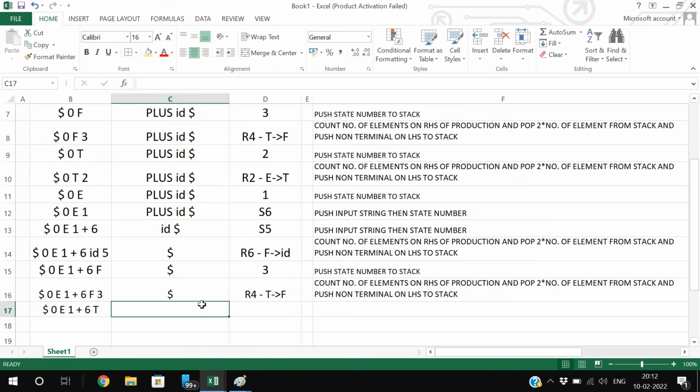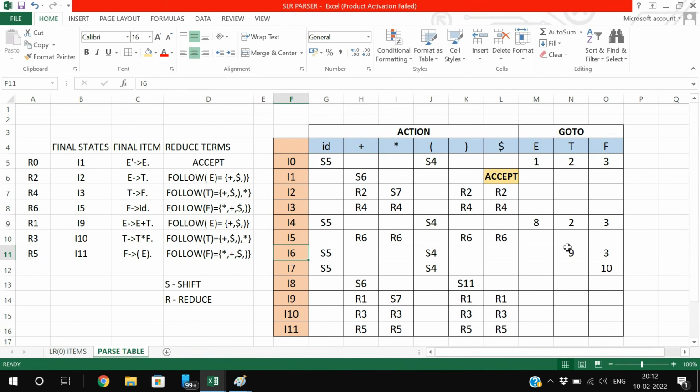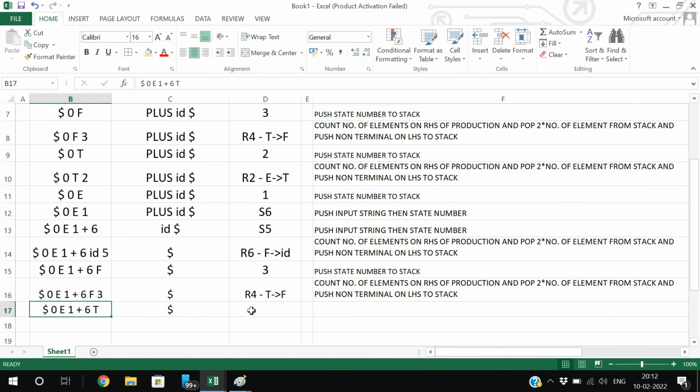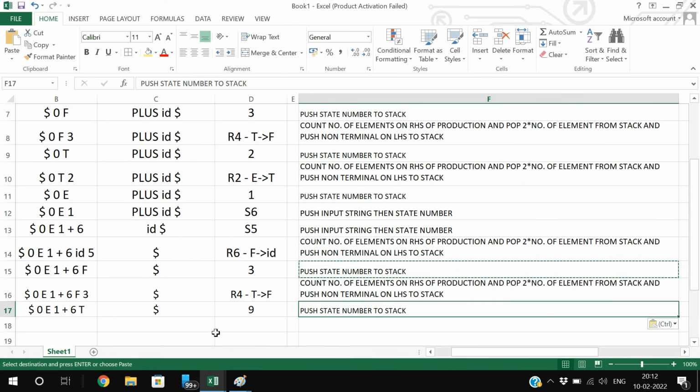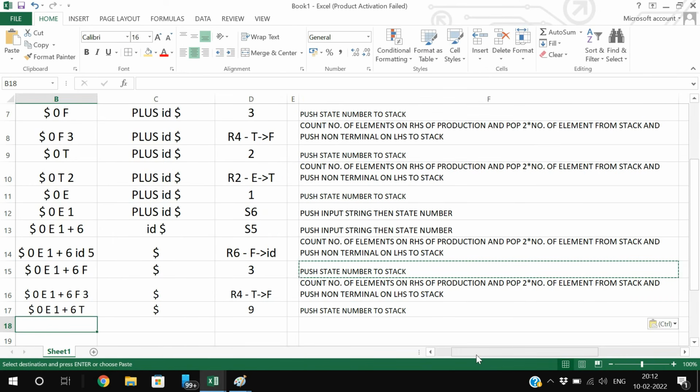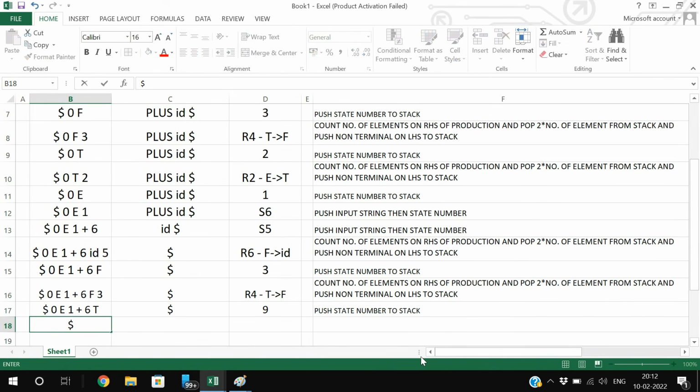So T, and it will be the $, and there is no entry for T on $. So we need to get the state number. So go to 6 upon T. 6 upon T, it's a 9. So here go with the 9 and push the state number to the stack. Simply you just push it. So $0 E1 plus 6